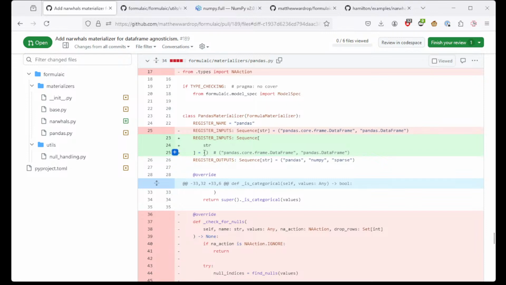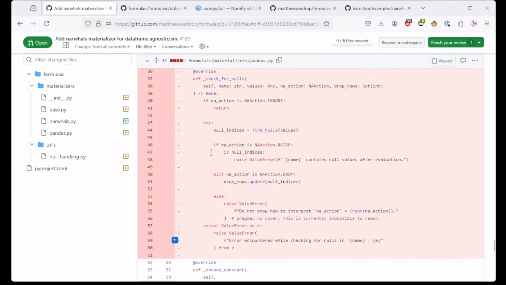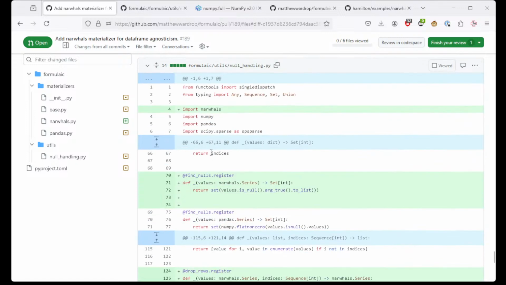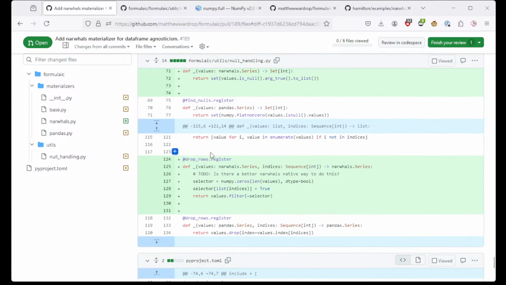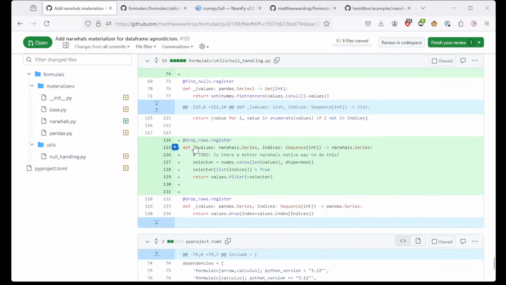Okay, so I think they've set it as empty here just to see if they can run pandas through the narwhals materializer, just to see what happens. And a bunch of things are just copied over. Okay, is there a better narwhals native way to do this? Let's take a look. Well, this is a bit of an odd function. Oh, drop rows.register